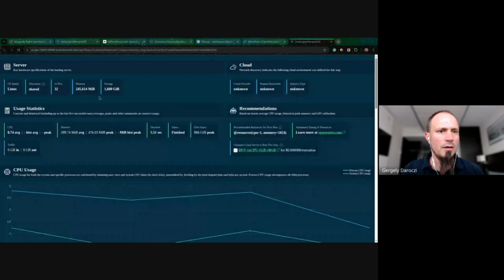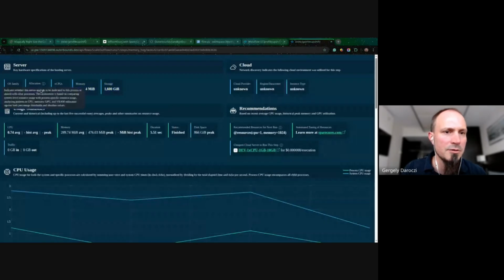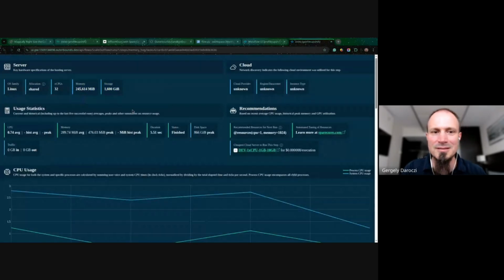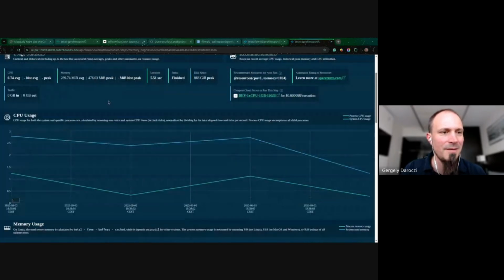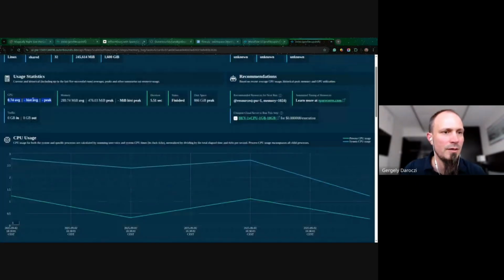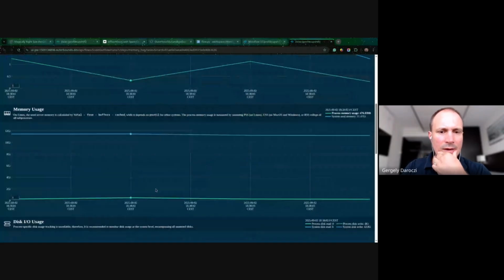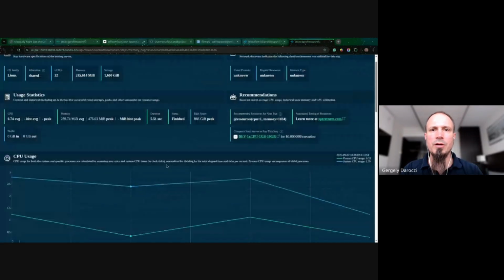So we knew a little bit about the server being used in the sandbox, but let's focus on the actual job. It seems that we have not really used much CPU. There's no historical data because this was the first job. If we rerun this workflow again, of course, it would pick up the historical records. Regarding memory, it seems that we only used 500 megabytes. Ah, okay. So it seems that we have not tracked a lot of memory usage,